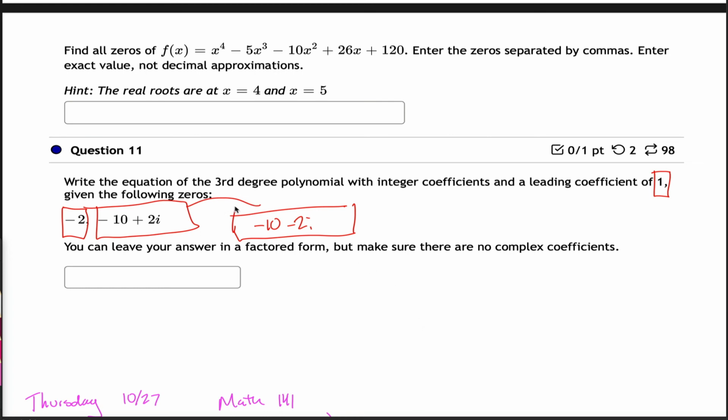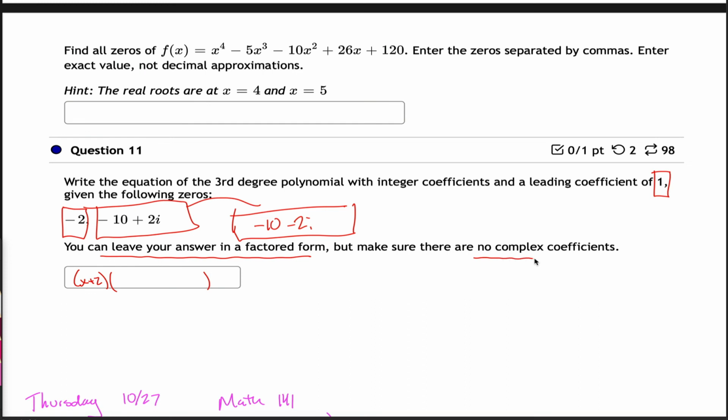Maybe I can find the two factors. Maybe I can multiply the factor that corresponds with this root and the factor that corresponds with this root, and all my i's will go away. I won't be done. I'll still have a factored form. It'll be x plus 2 times some second degree polynomial, but this says you can leave your answer in factored